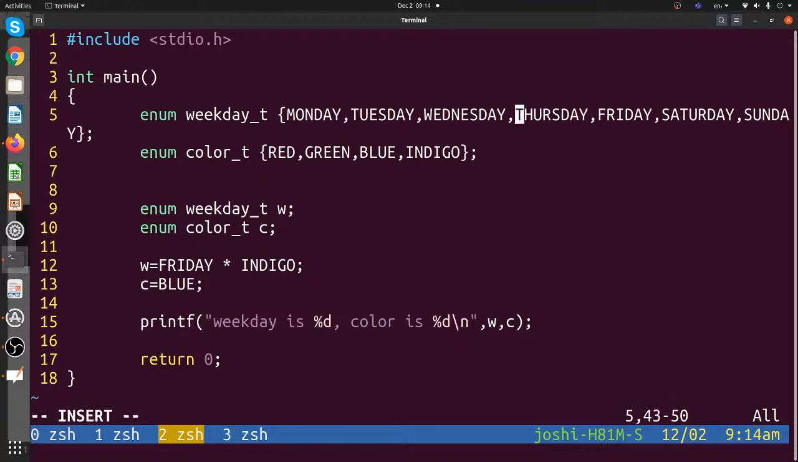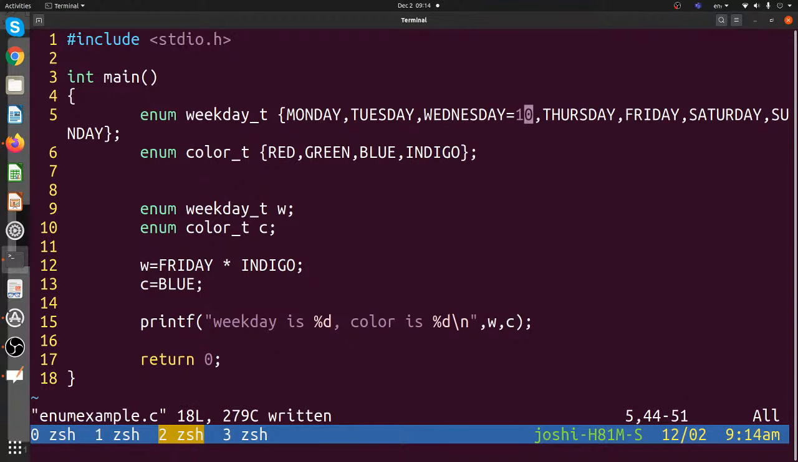Now it also allows some flexibility. You can say that Wednesday is 10. So once the Wednesday becomes 10, then the Thursday will be 11, Friday will be 12, Saturday is 13, and Sunday is 14. So when you do not specify a number, it will always start with 0, but the moment you specify a number for one enumerated constant, all the following constants will be whatever the number for the previous one plus 1. So Thursday will be Wednesday plus 1, Friday will be Thursday plus 1, so on and so forth. So now if I do, let's say,